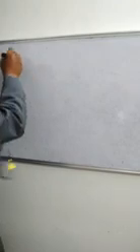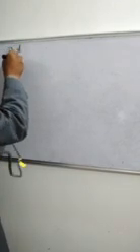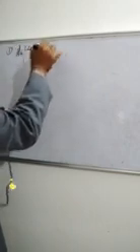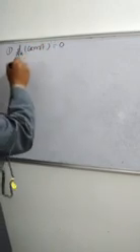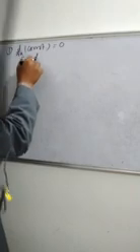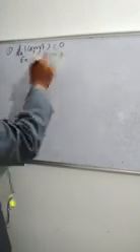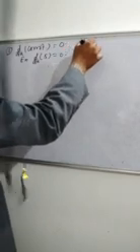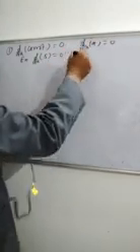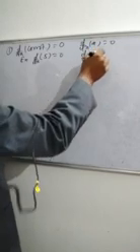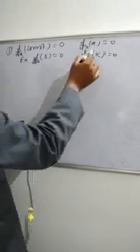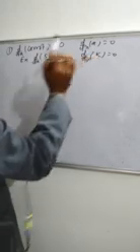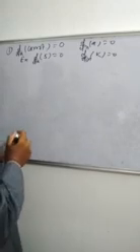Now the first formula: the derivative of any constant. The variable term here is y; for a constant there is no variable term. The derivative of a constant is equal to 0. For example, the derivative of 5 is 0, because it is a constant. The derivative of a is 0. The derivative of k is 0. Why? We have to differentiate with respect to x, but a constant term is not a function of x, so the derivative is 0.